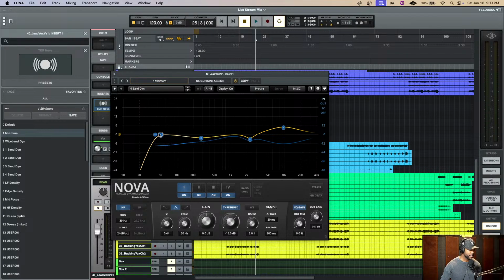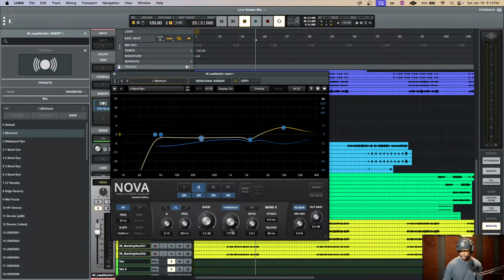So the high pass filter, I took out 39 hertz. The second band, it was at 283 hertz. And I think I really didn't do that much. I guess it's like a negative 2.5 dB, which is decibel. And then as you can see, threshold is mainly like,